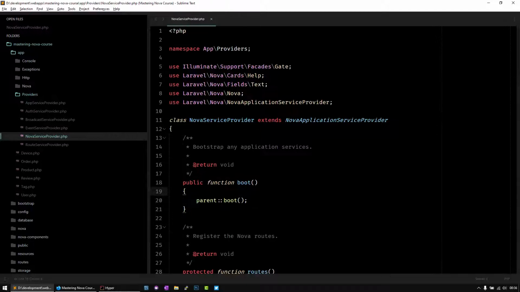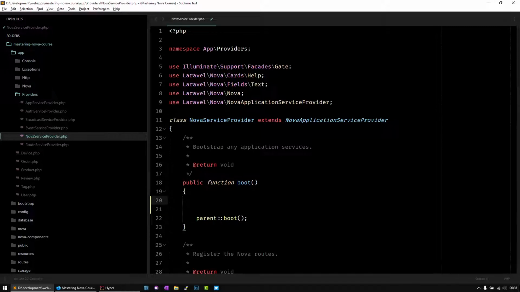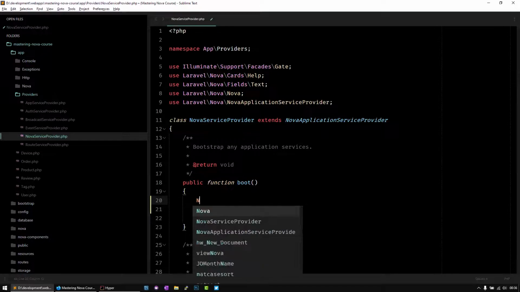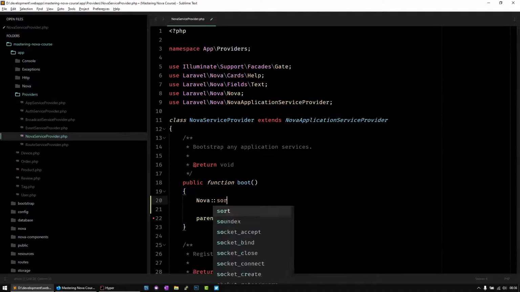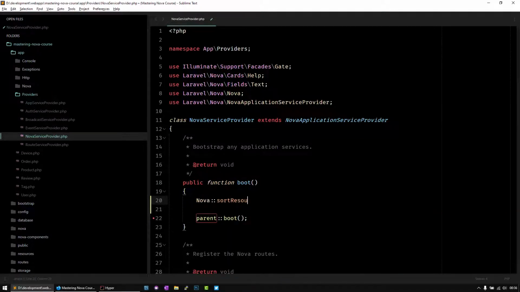And you pass that on the resources that you want to prioritize. So we're going to do it right now here. And to do that, you need to use a static method called sortResourcesBy. So you go to, for instance, your Nova service provider, and you just do exactly like this: Nova sort resources by, and then